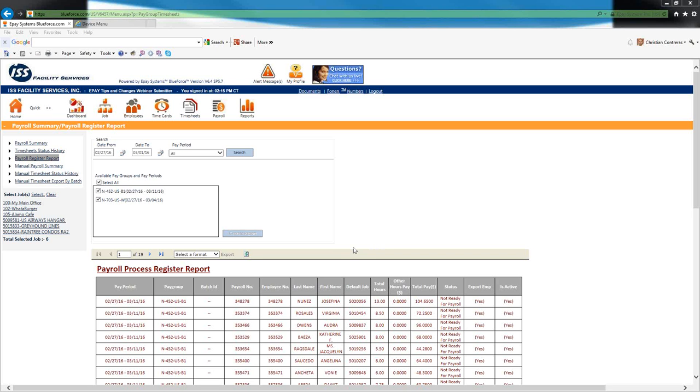Now, one of the nice new features that we have here with ISS is a help desk area that's devoted strictly to your desktop applications, such as Microsoft Office, Word, Excel, Access, you name it. So whenever you get to a point where you have a report that you've exported out of Blue Force, and now you want to do something nice and witty with it, put some charts or pivot tables in, or sort a certain way,